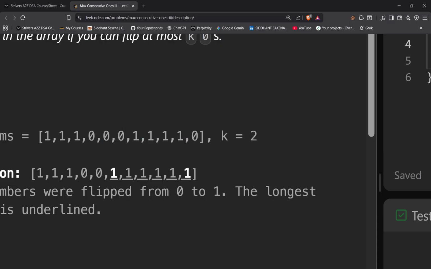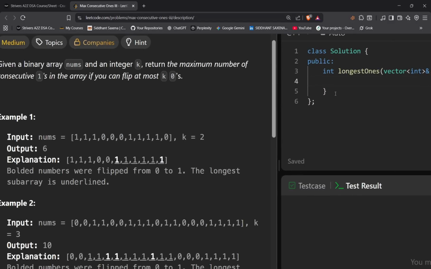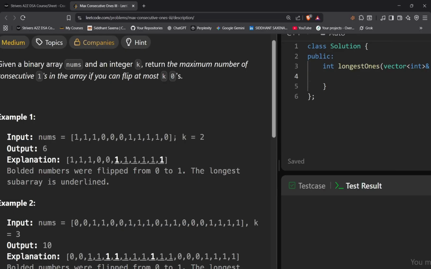Because suppose I keep i here and j here, and j also here. Then first this subarray, then this subarray in the next iteration, then this subarray, and so on. And when you come here, the number of zeros becomes 3, which is greater than k. So you will stop here, break the loop, and update the max length to 6. So let's write the code of the naive solution,